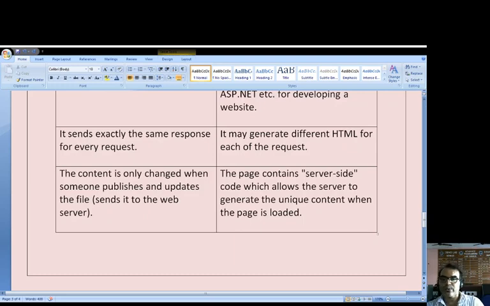This is a small introduction to websites and their types. What is a website? What is a static website? And what is a dynamic website? And the difference between them. Let's move ahead to